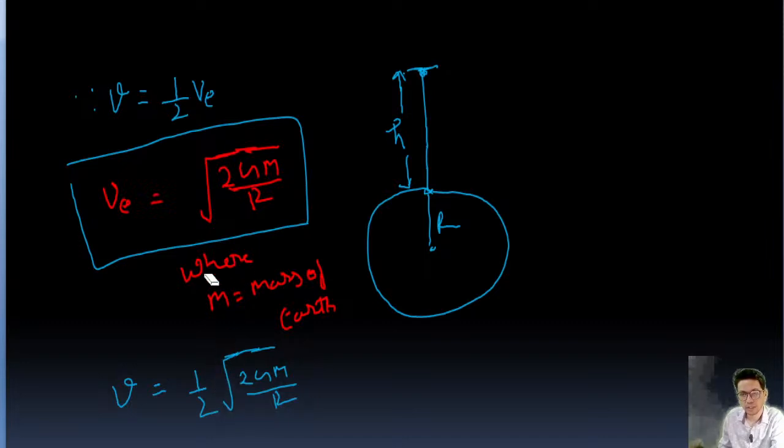This is the v, guys. Half root 2GM upon R. So now we are just using conservation of energy, conservation of mechanical energy. So by conservation of energy,